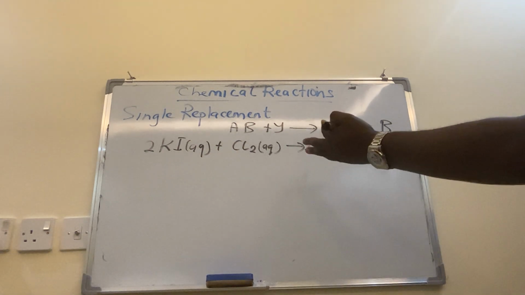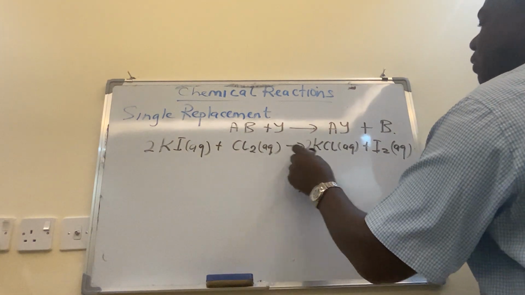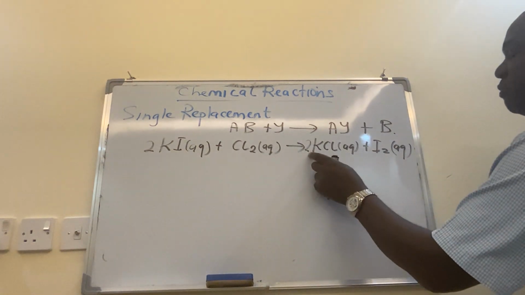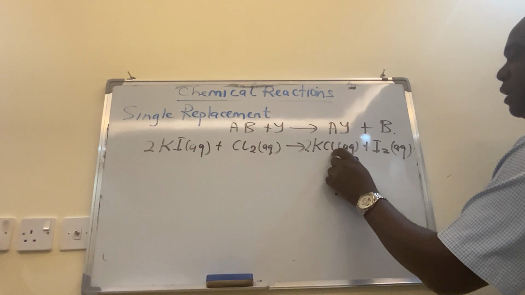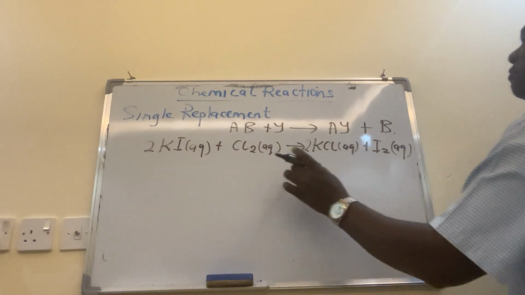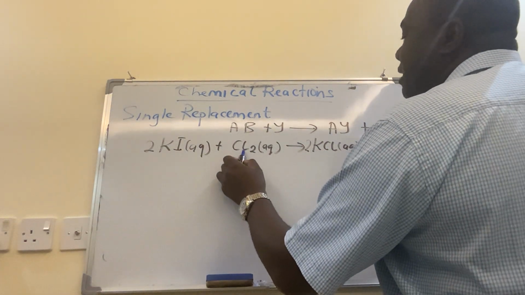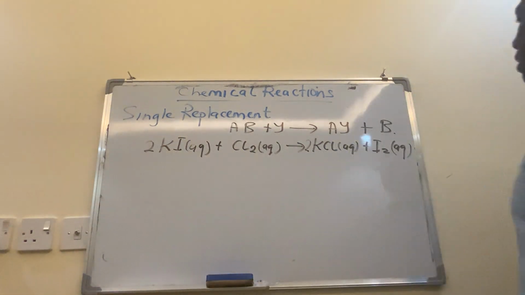So let's check throughout. Potassiums, 2 atoms, chlorine, 2 atoms, because this coefficient is also affecting chlorine, so our chlorine are sorted. Even our iodine, 2 atoms there, 2 atoms. So that equation is balanced. Why single replacement? Because we have had our chlorine replacing iodine in that case, so that becomes a single replacement,